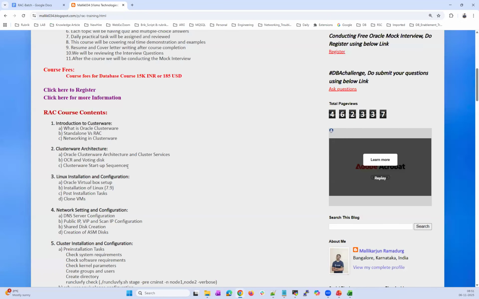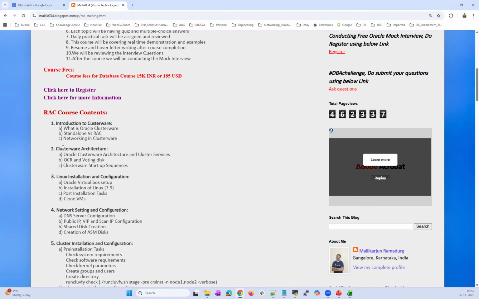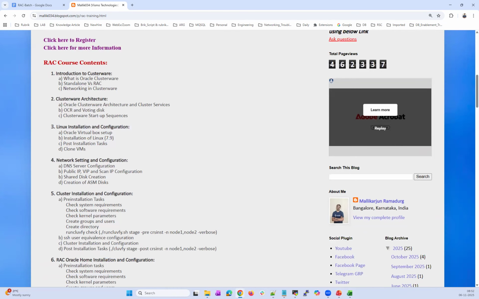And in the interview, you may get an individual service and be asked what it does, and if it's not starting, what you're going to check, where the log is, and how you will troubleshoot. So we'll understand the startup sequence architecture here in the second chapter, and then we'll start with the